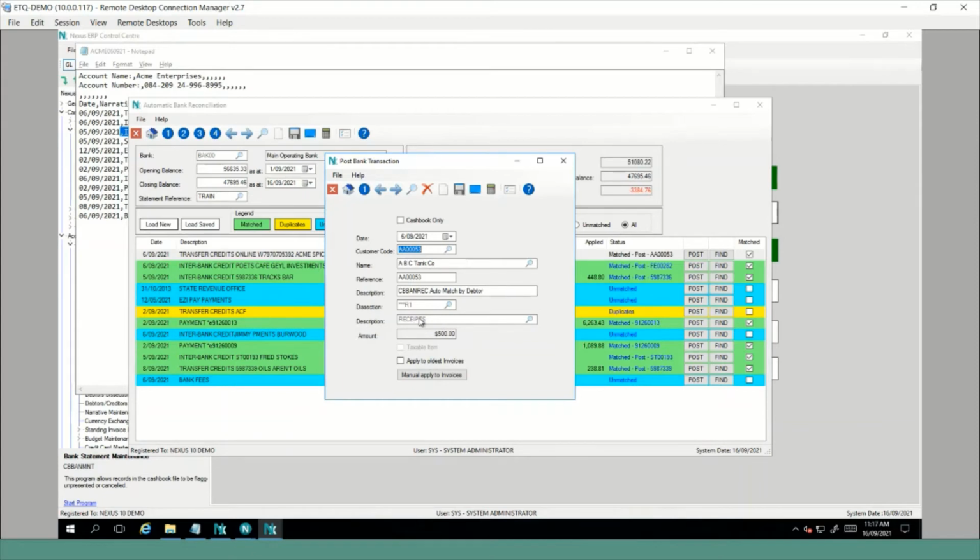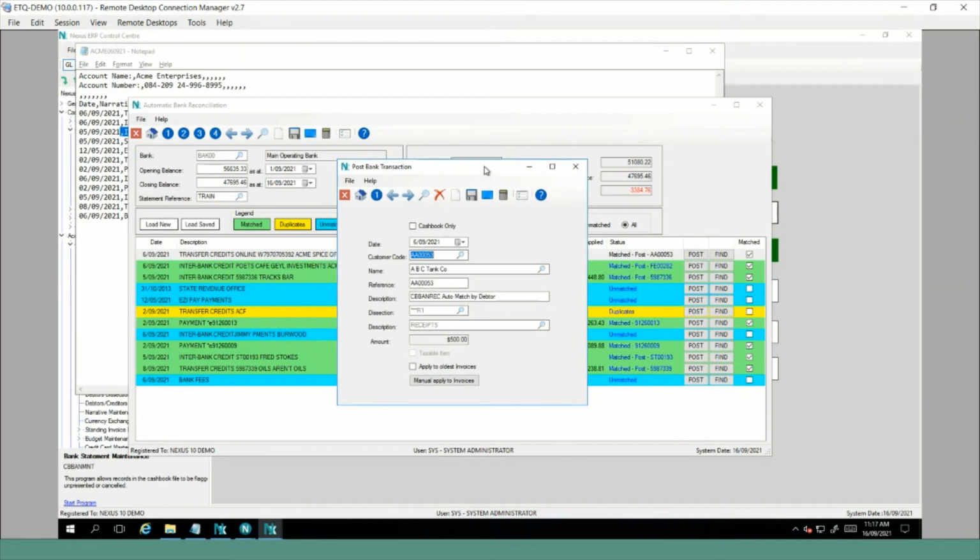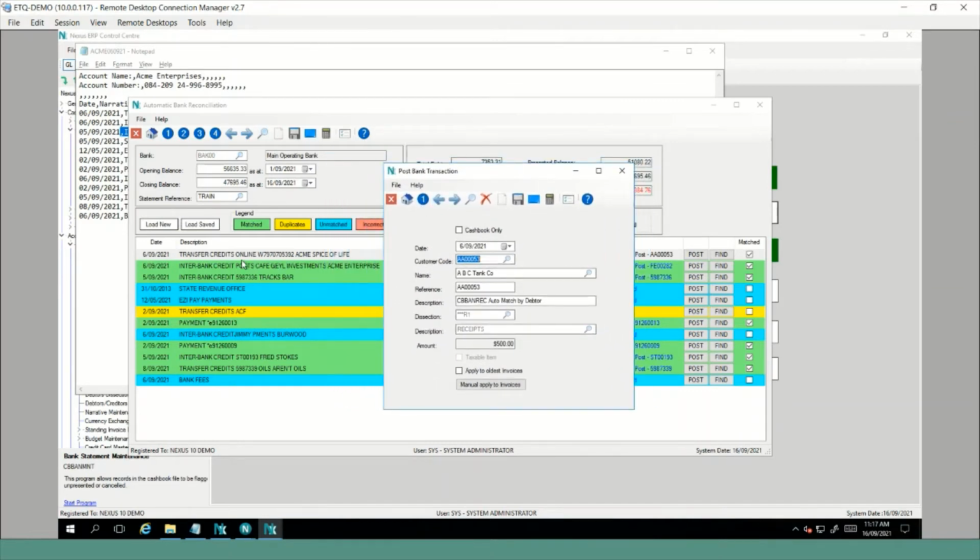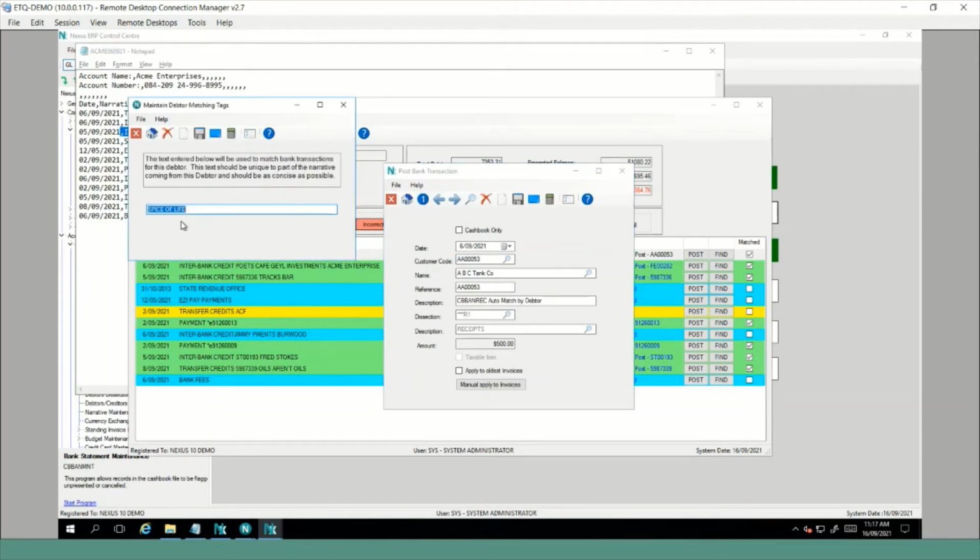All right, the process. This is actually going to create the receipt for us. All right, how it's actually done it is that it's matched it on a system tag. Because you can't see the debtor code or an invoice number reference in that one at all. All right, but if we go up to here, this little speed button here, before we started this